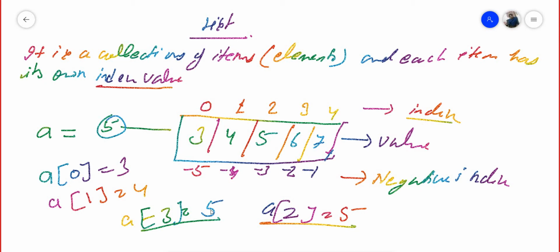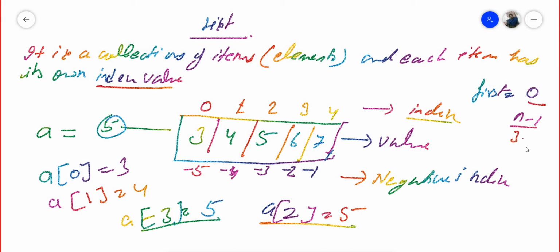So the index of the first item is 0 and the last item is n-1, you can say. Like AP, if you have learned about arithmetic progression in class 10th. n is the number of items in a list.